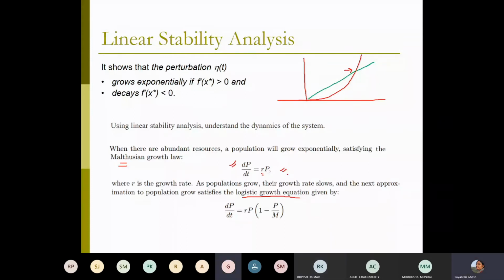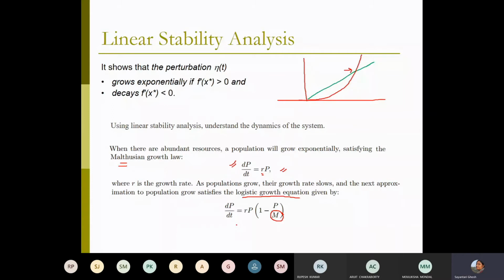Okay, so let us move on to the second equation, which is the logistic growth equation. You can see a fractional term sitting here where you have m in the bottom. This m is called the carrying capacity for this system. Carrying capacity, as the name suggests, basically means how much the system can carry, how many people the system can carry, or how many fish can actually stay inside that pond.